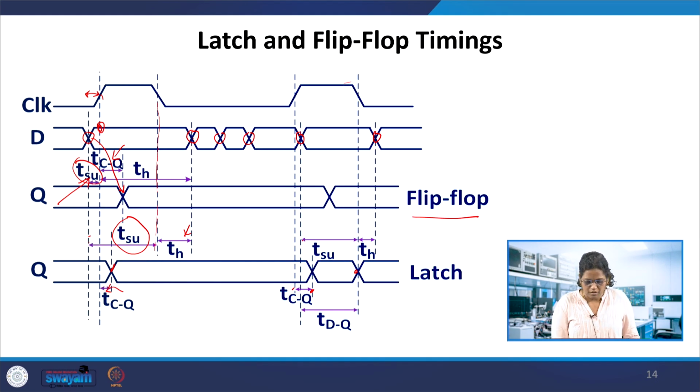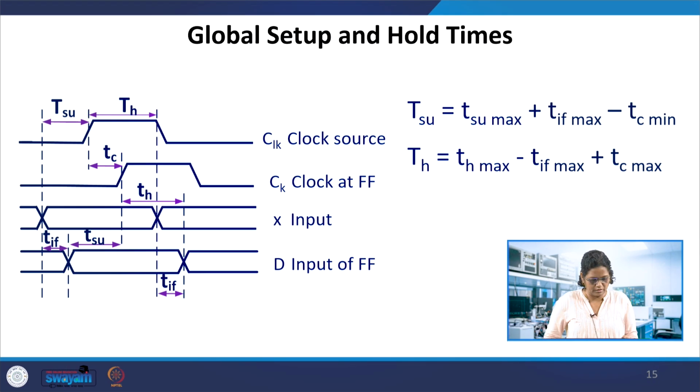So setup time from here, data change to the, this is the same as the previous one, and the hold time after which data is changing, this is fine. If the data is changing from here and then data is sensed, it will be clock to Q, or the data to Q, the data change will be reflected at the Q after this change is here. Here it is the data change, this is D to Q. You can see the difference here. So this is for latches and flip flops: setup time, hold time, and the clock to Q, D to Q delays.